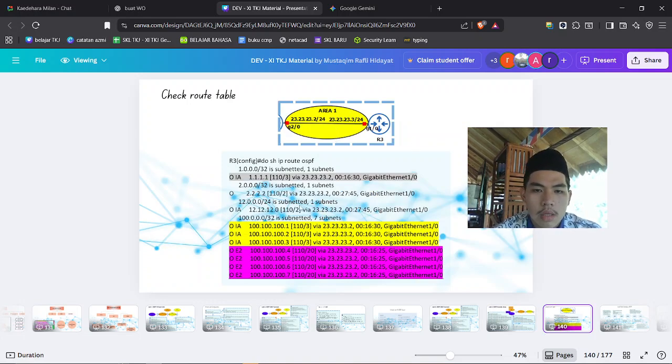If the routing table is like this, the result is good, because as you know, the mark O means OSPF, and IA means intra area, or in the same area. If it is only O, it means from OSPF routing.